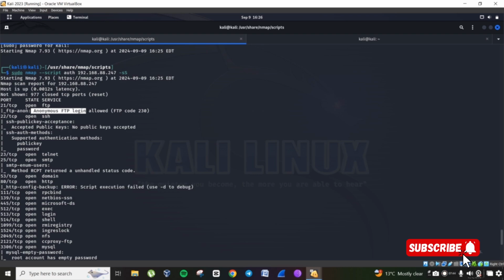This tells us that the anonymous FTP login is allowed. And what does this mean? Well, this is something that we'll cover later, but for now just keep in mind that the anonymous login is allowed for port 21. And let's go ahead and see what other scripts we found in the SSH section, which is port 21,